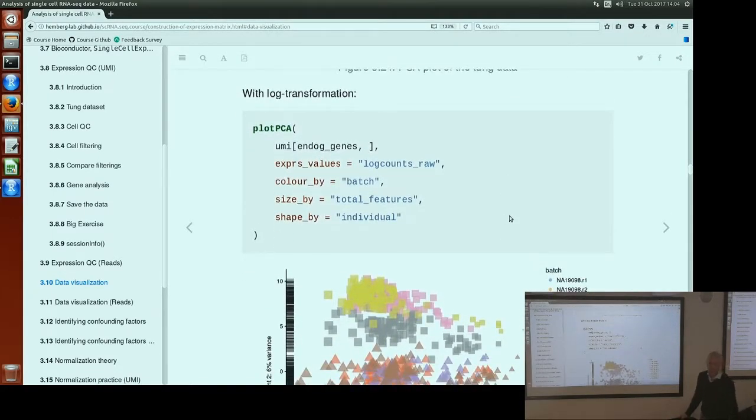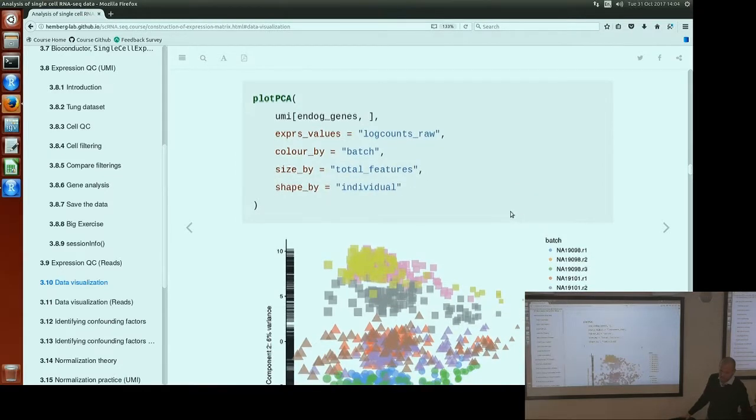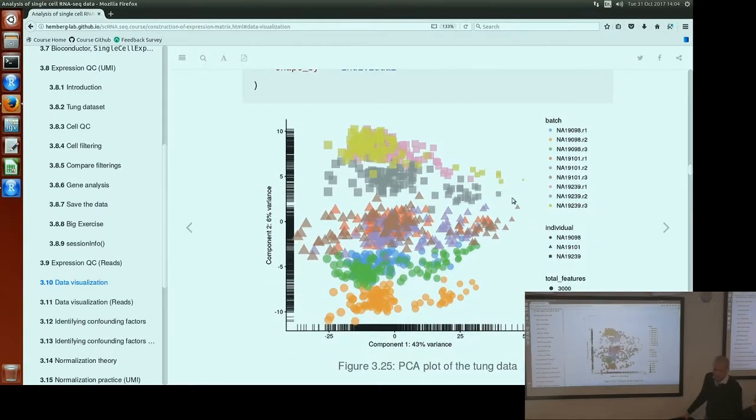Now, if we look at the log-scaled counts, the ones that we defined at the end of the previous chapter, right? So this one is already a bit cleaner. So first of all, the variance here is a bit smaller. I think we still can see the size, the total features effect on the first principal component. But now we can also see separation of the patients, of the individuals. So here we have individual 1, individual 2, and individual 3. So there is a bit of separation between individuals. So that gives you an idea that log transformation is usually a good thing to do. So it allows you to kind of zoom the data and see the better